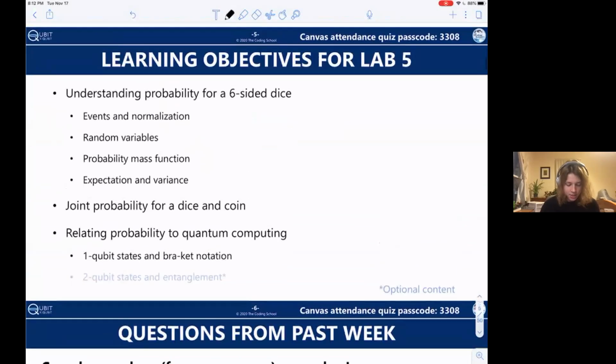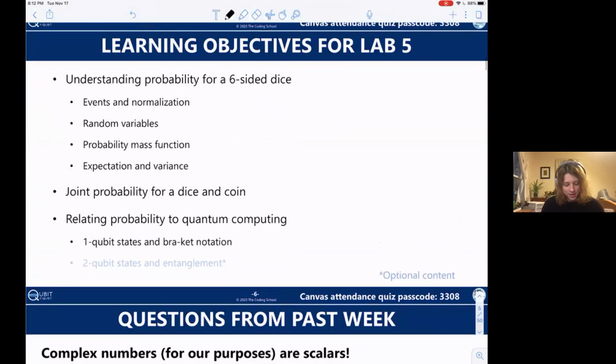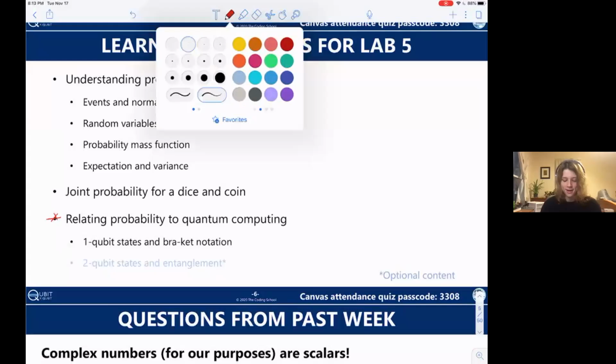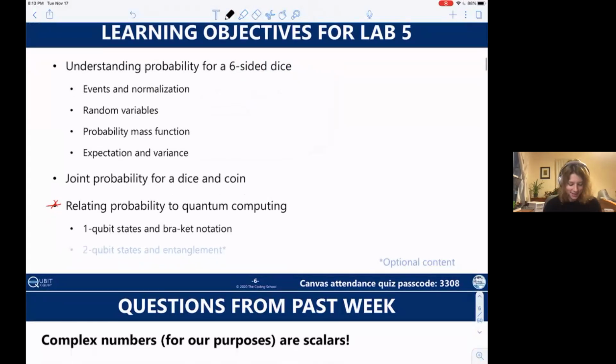Okay, great. So today we're going to be talking about probability and random variables and different functions for probability, what the probability of two events happening is, and how this all relates to quantum information, how this relates to your state vectors, and what that all means when we're talking about quantum computers. So this last little bullet here is hopefully going to be the really fun stuff, if any of you have been waiting for more quantum topics.